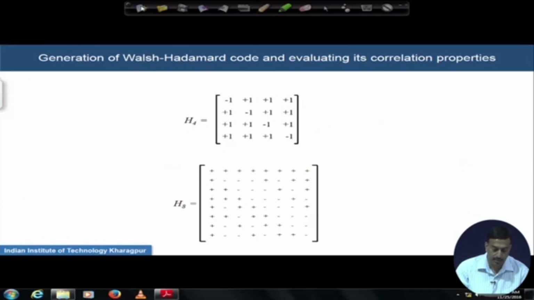So as we see, we have a Hadamard matrix which can be of a given size, and I think this has been dealt with in a previous lecture, so I am not going to get into it. But generally, whenever we have a Hadamard matrix, the first row of the Hadamard matrix will be all ones,